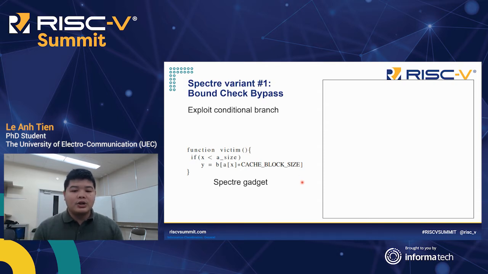Typically, the conditional branch would be executed in sequential order. The inside code block would only be executed after the conditional is checked. However, if the processor contains speculative execution, like the BOOM, the system would try to predict the result of the branch, which could be correct most of the time.